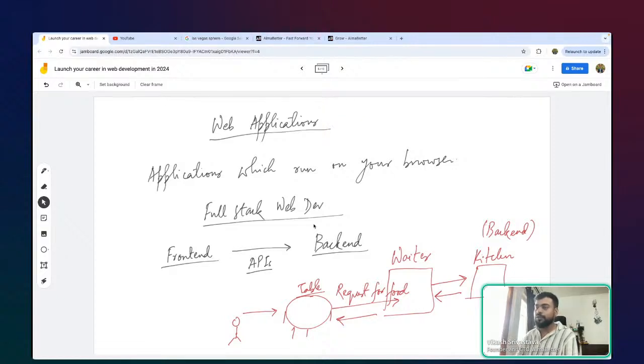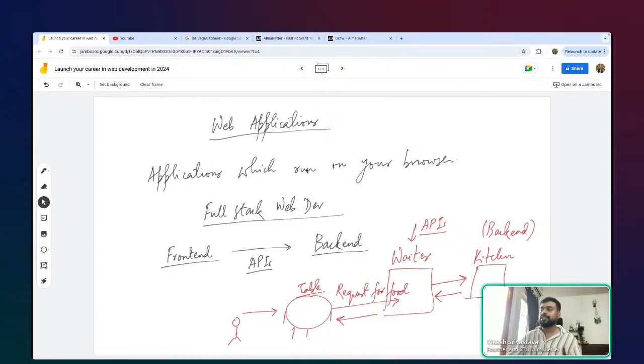So we are in that particular zone here, right? The waiter is like an API in this case. He or she is the middle layer, the middleman, who takes the request from the front end or the user and forwards it to the kitchen to be prepared. Once the kitchen is done with the food, it sends that food to the waiter, and then the waiter serves it to the table. So now I have the food which I essentially came to the restaurant for.